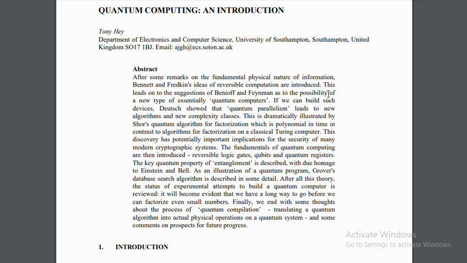Like if you have computed something on your normal PC that we use in our homes and offices, and you get a result, is there any way you can go back to its original form, from where it started and gave the output? So quantum computing is basically based on the idea of reversible computation, and this leads to the suggestion of Benioff and Feynman of the possibility of a new type of essentially quantum computers. If we can build such devices,